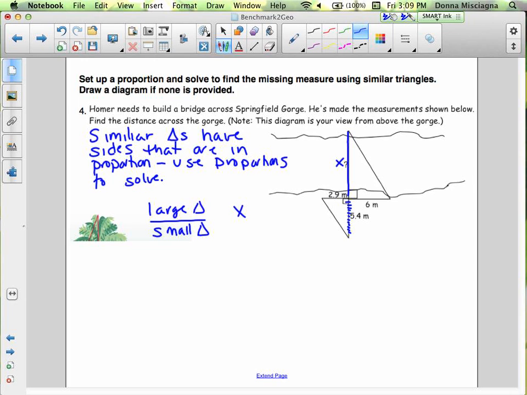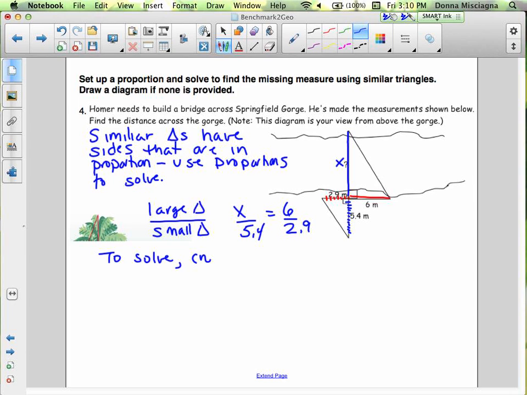All right, so everything has to be matched. So x goes with 5.4, and then another side, we only know one other side in the big triangle, that's this right here. And that goes with that right there in the other triangle. So we've got large triangle in the numerator, small triangle in the denominator, and we've matched up. X goes with 5.4, 6 goes with 2.9. Now to solve,